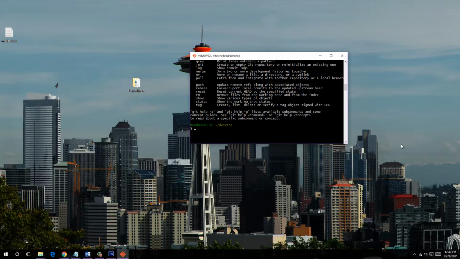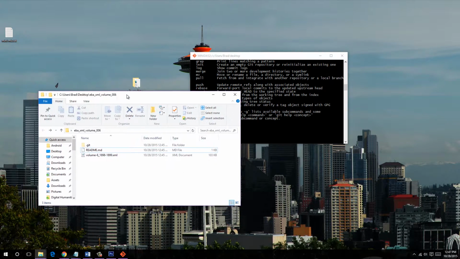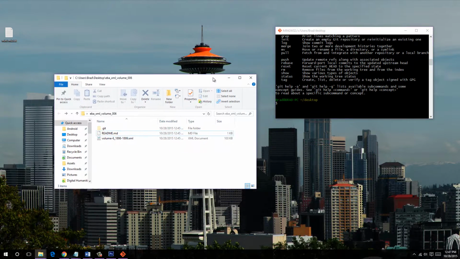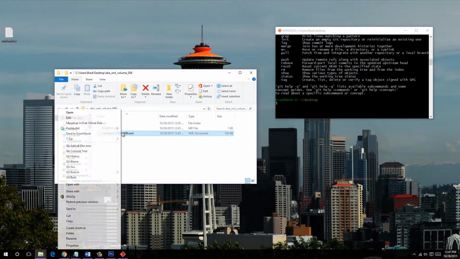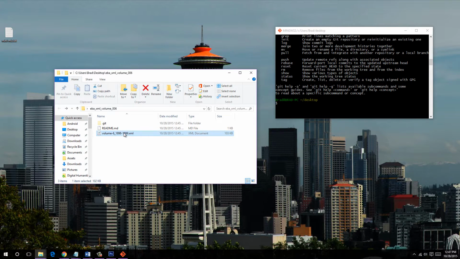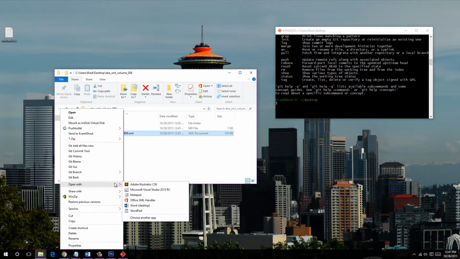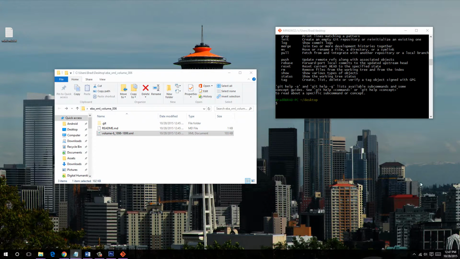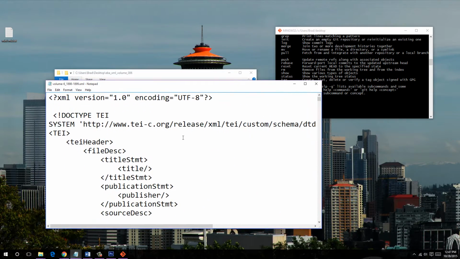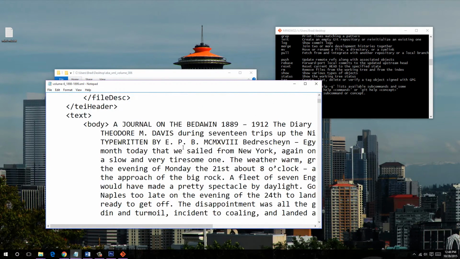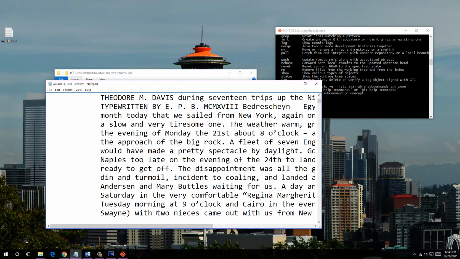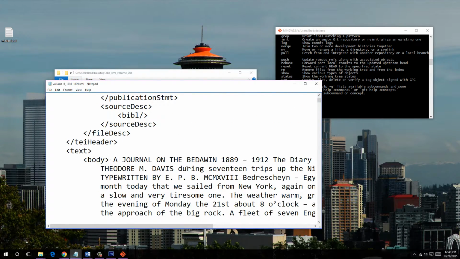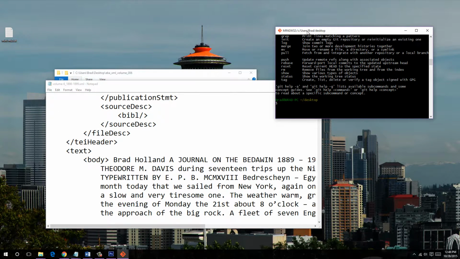Obviously, with the files that you clone to your local machine, they're now located on your machine like any other file that you would have on your computer. So you can make changes pretty much as you wish. So let's take the volume XML document and make a couple of changes, because this is what you're going to be doing with your diaries. So right here is the diary, the text XML of the diary, and I can make a simple change. If I go to body, maybe I can type my name in here. Pretty easy. And if I save that and go back to my Git window,